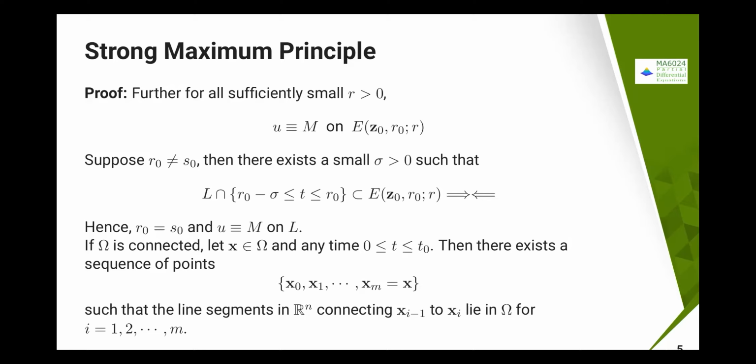We have already proved that E of x naught comma t naught is identically equal to this one. But what we are trying to prove is that this is going to happen only in that line segment which is completely contained in that. It is going to claim that it is not going to happen outside that place. Therefore we are going to get the contradiction, because earlier you have already proved that E of x naught comma t naught comma r is completely, identically contained within